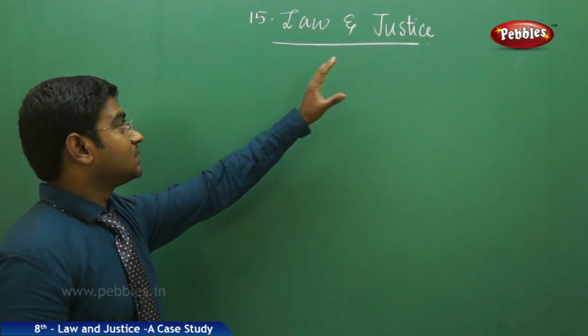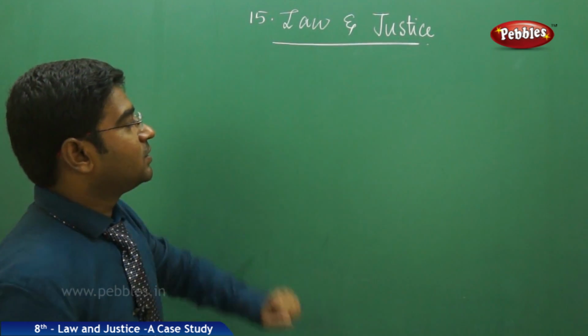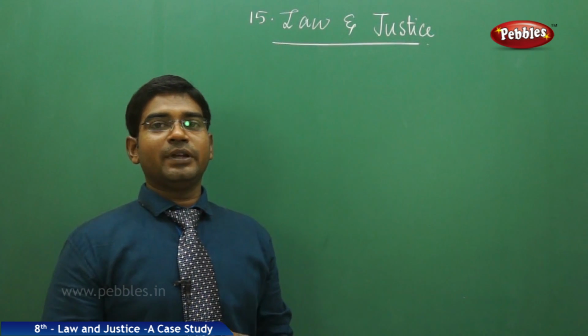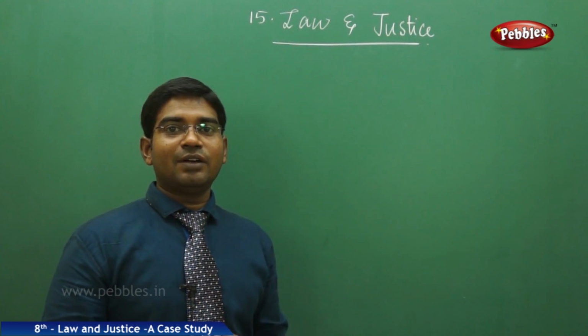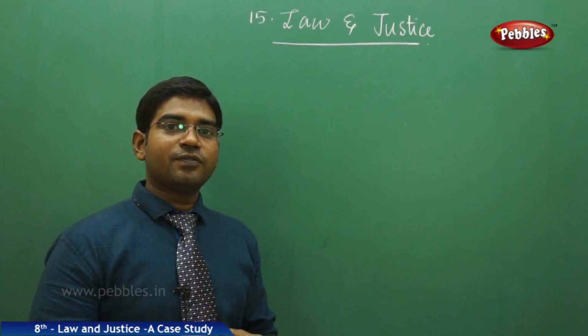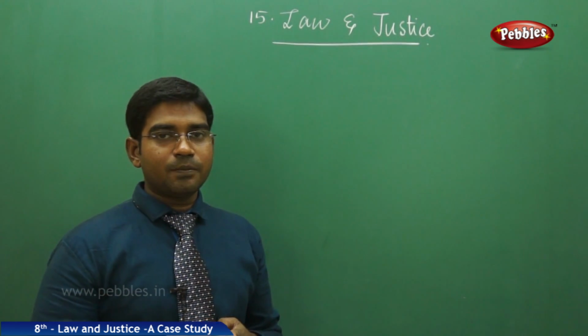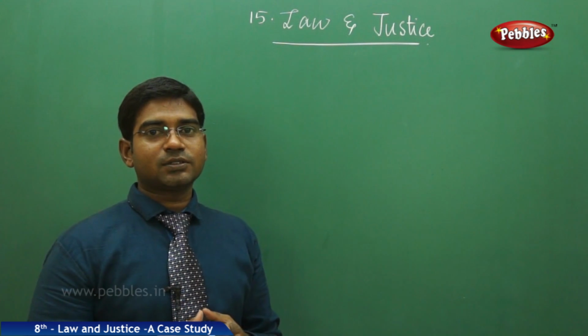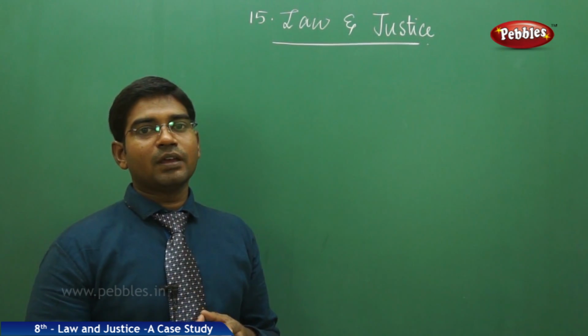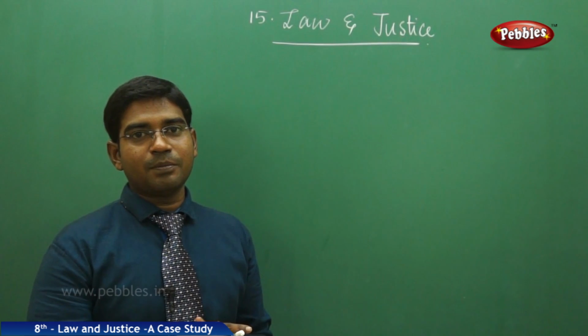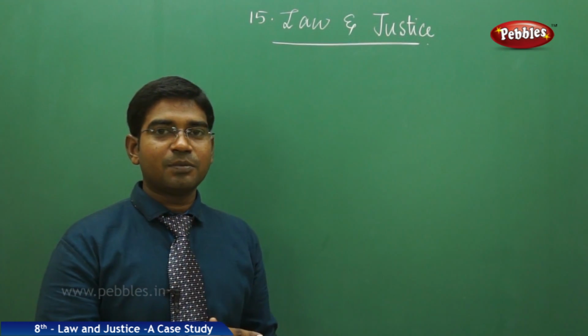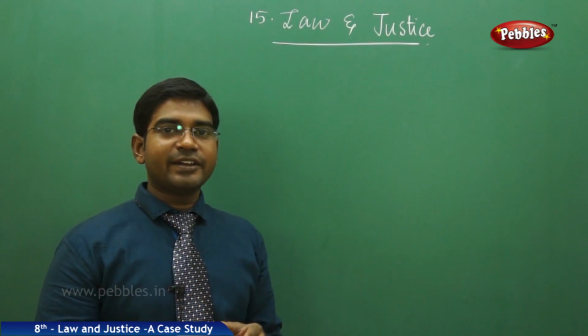Today we are going to discuss law and justice. How are the laws made? In the previous classes we have discussed how a government is framed, how the constitution was framed, and on the framework of the constitution, how a government is elected, how a prime minister is elected by the people, and how the chief minister is elected by the people. All these we have done in a detailed procedure.